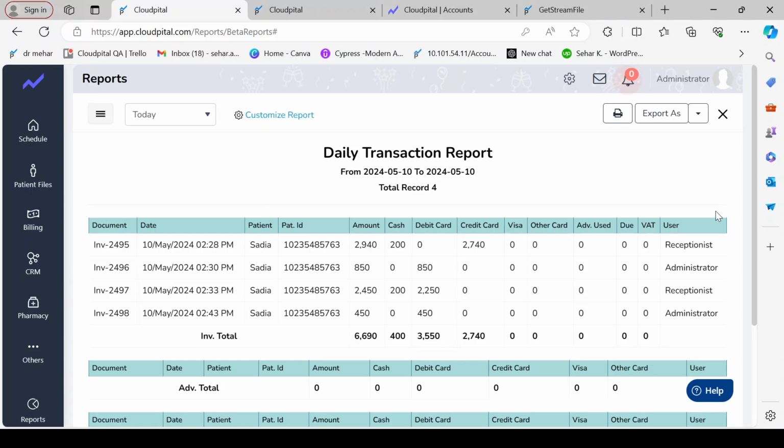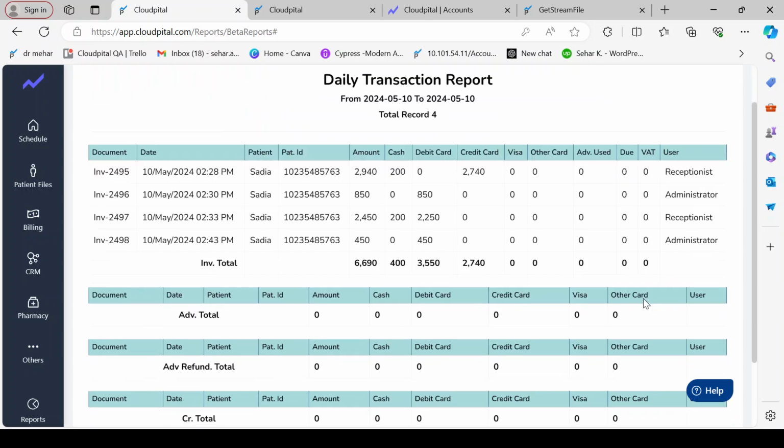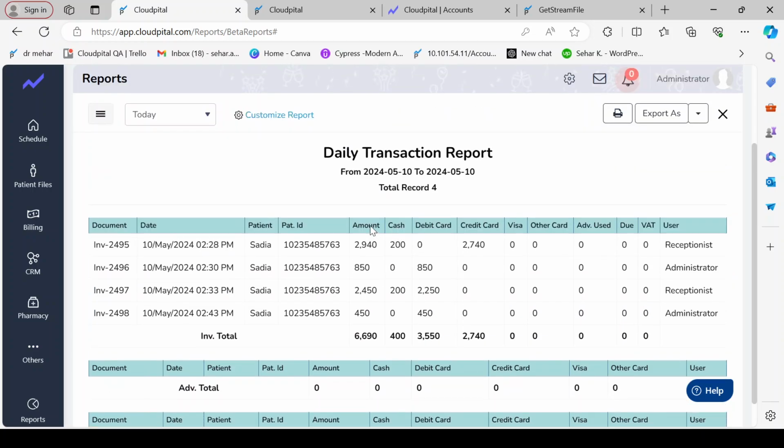So I am opening the daily transaction report. Here, we can customize the report. The customize search option is here. We have filter options, like we can view the today filter, this week filter, and quarterly reports. We can filter the result as well. Here we can see the invoice state, invoices, patient name, patient ID, and amount, like the total amount of the bill, how much was paid in cash, how much by debit card, and which receptionist handled it, as the username will be shown there. At the end, we can also view the total amount.